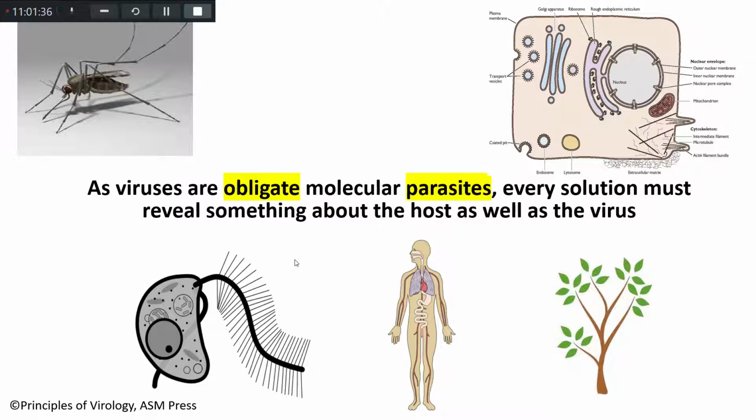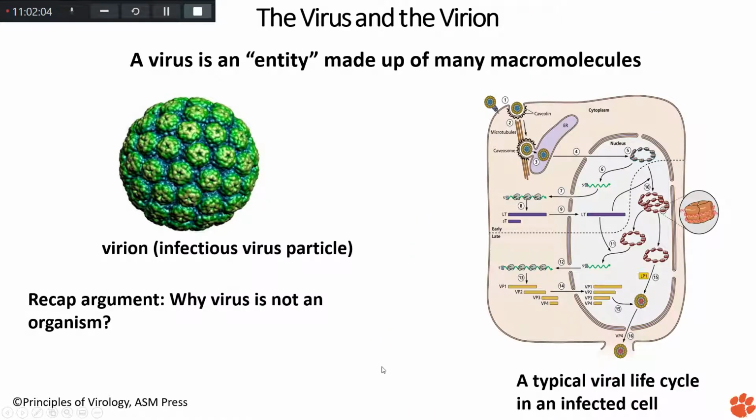This is not the case for a living organism. If you have a fungus or a bacteria, and you just have a rich plasma and put some bacteria in, it will grow in there. Even in some media, it will grow. But in some bacterial media, if you put a virus, and if there is no living cell in there, it's not going to replicate or do anything. So that's why it is an obligate intracellular parasite. It has to go into the cell to perform its functions.